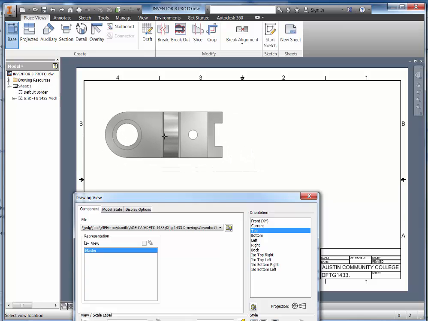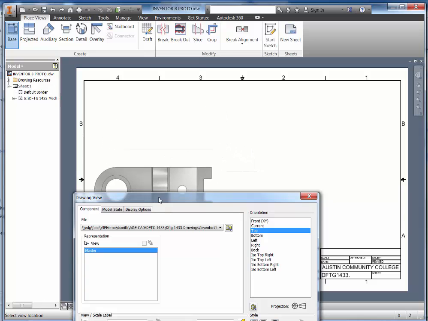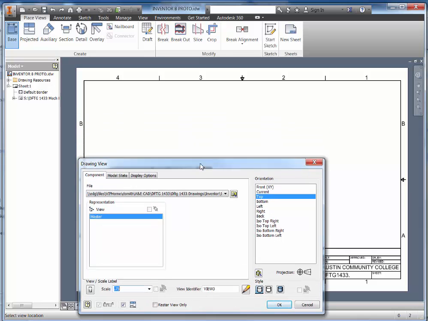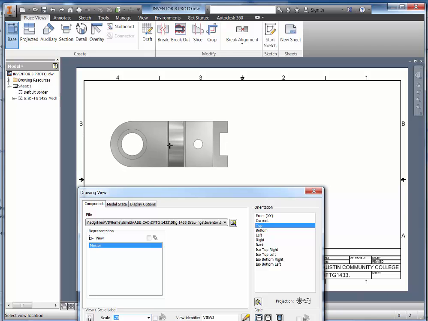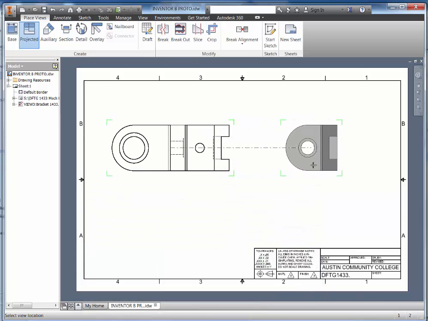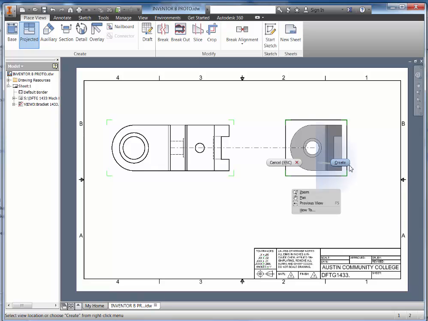So I'm going to place that view about right here. One thing I want you to notice is that I've set my scale to 0.75, because I've already tried it at full scale, and that's a little bit too big. I'm going to pick, and then I'm going to come straight across with what will be my right side view. I'm going to pick about right here, and then right click my mouse